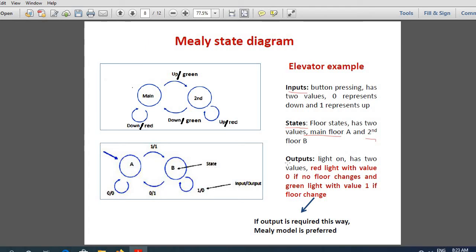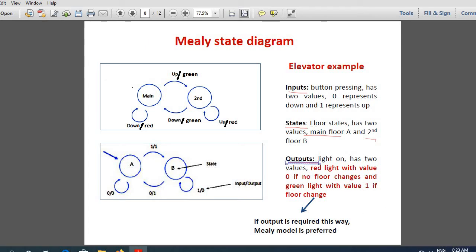Now, outputs. I told you the elevator will have lights. It has red light and green light. So in Mealy, I need an elevator. I'm going to design an elevator which will give you red light if there is no floor change and green light if the floor is changing.